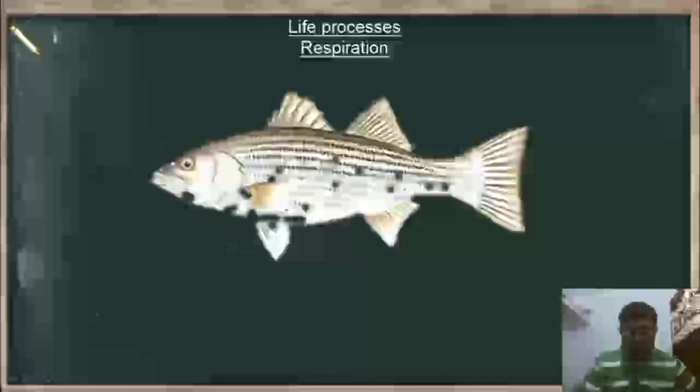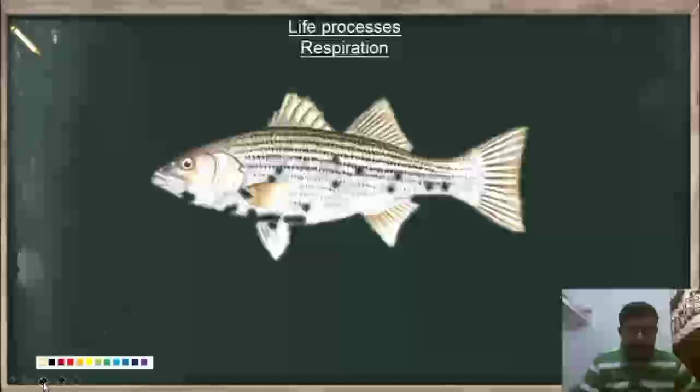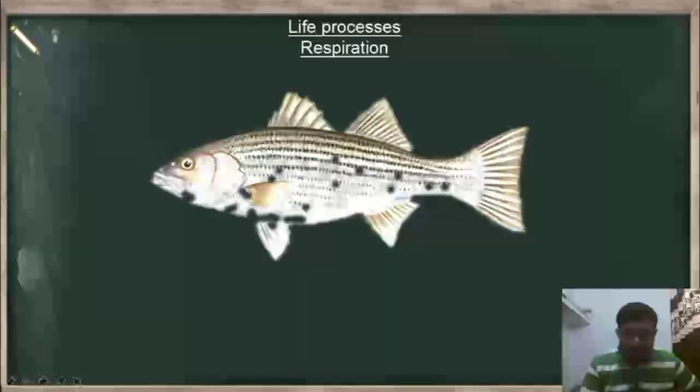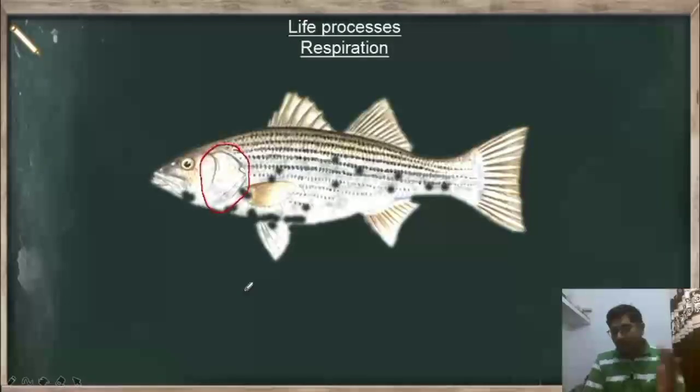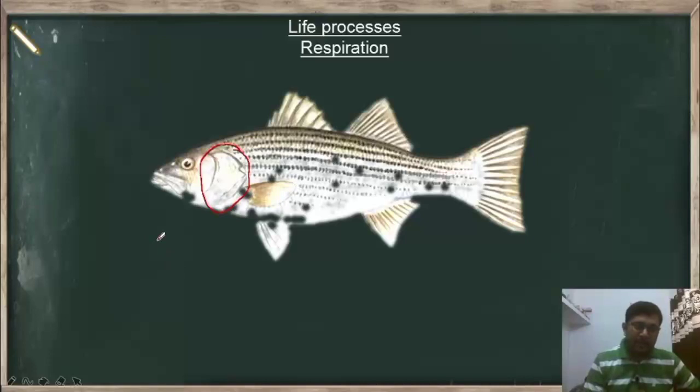In this picture, as you can see, the fishes have gills, right? So in this part we can say gills. Sometimes you can clearly observe the gills, and sometimes you cannot see them because the operculum present on the gills covers them. Now what we have to observe here is, when you observe a fish in an aquarium or in any water habitat, observe the number of times the fish opens and closes its mouth, and compare this with the number of times it opens and closes the gills.